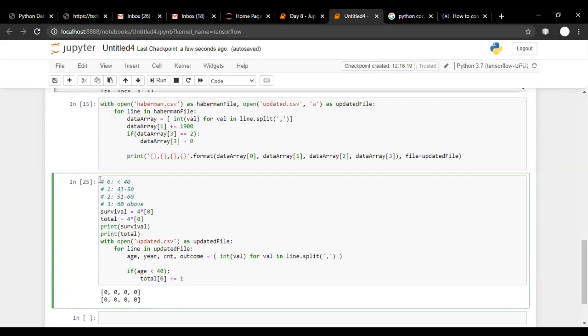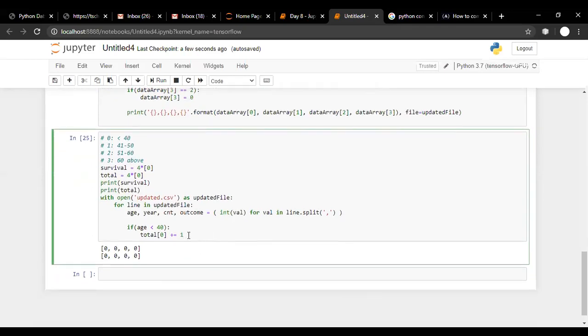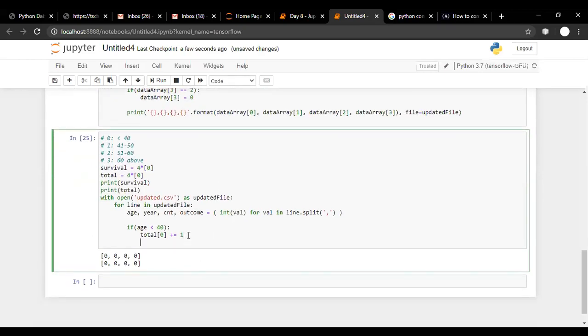Is everyone with me? Any doubt in this thing? Which location we'll be using for storing the information of which patient? So if age is less than 40, then we are incrementing the value of the total array.